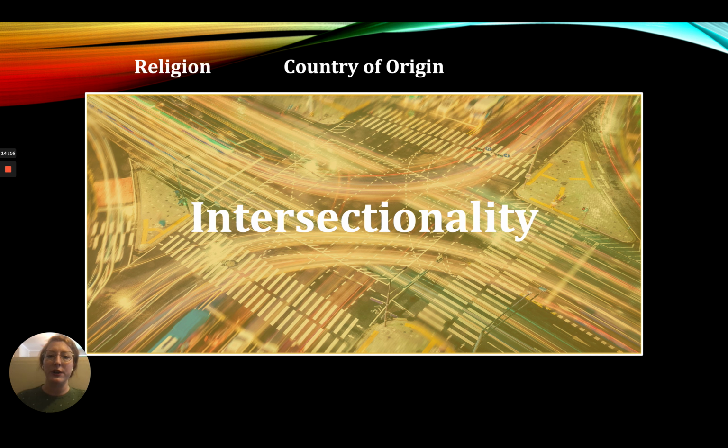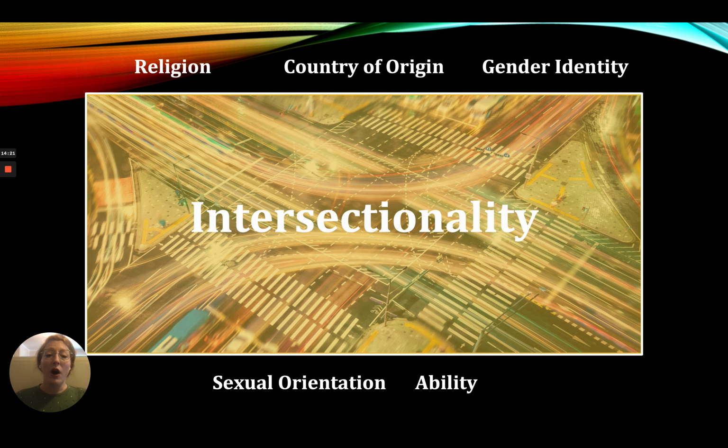So thinking about religion, country of origin, gender identity, sexual orientation, ability, all those things. These are always at play within all these different social institutions, and especially thinking about the isms and the structural inequities that exist in policing, in the prison industrial complex. So we can't just not think about these things, even if, for example, with the prison industrial complex, we focus primarily on race and ethnicity. Well, we also know that gender is an issue and country of origin is increasingly an issue.